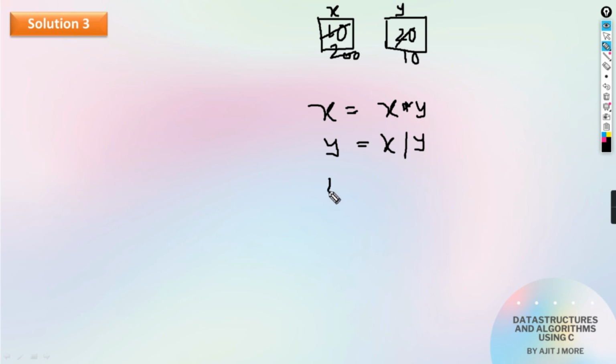And next what you'll do is, you'll do the same operation, that is x divided by y, okay? But the quotient you're going to keep it in x. So 200 by 10 is 20. Isn't it, guys? 200 divided by 10 is going to be 20, but that you'll keep it in x. And what will be the value of x? 20 now, which is old value of y. So can you see the values of x and y are exchanged? Getting? Value of x has become 20 and value of y has become 10, which were the old value of x and y. Getting? Quite simple, isn't it, guys?